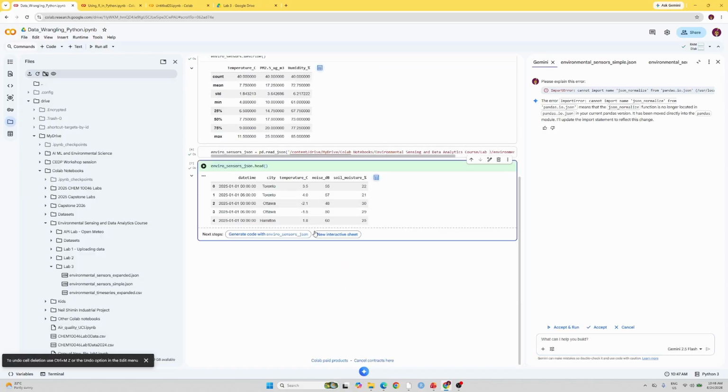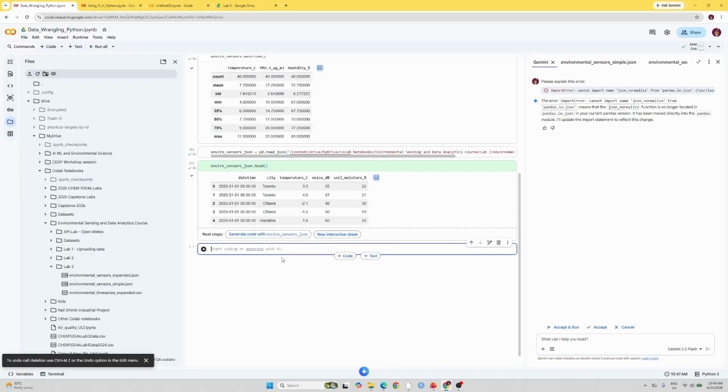Let's go back up here. And so I'm just going to do the import JSON. So I'm going to go here, and I'm going to call this df JSON, and then equals read dot. And so instead of,